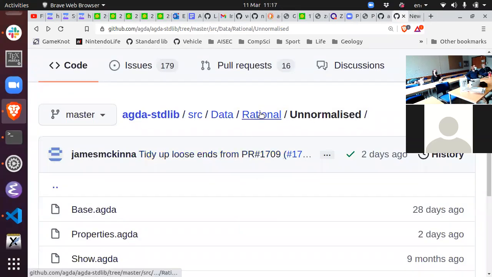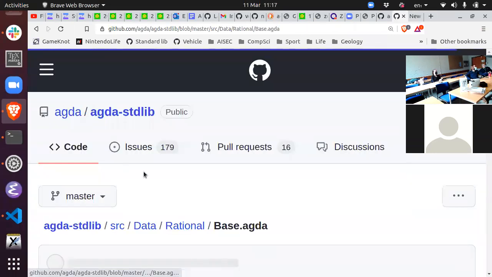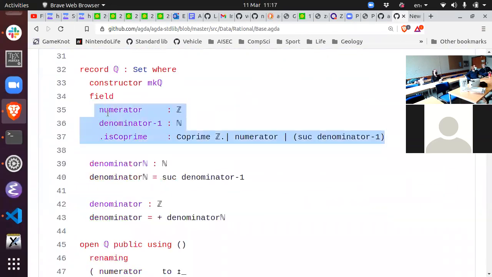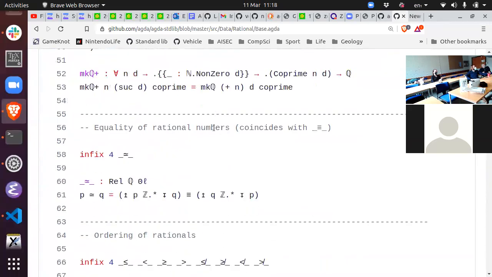Sorry. If we go to rational.base, so not the unnormalized versions, the constructor for normal rationals actually has the same fields, numerator and denominator minus 1, but it also contains a proof that they're co-prime. So whenever you are constructing a rational number, you have to construct it in its lowest form. At which point, if you scroll down here, we do still have this alternative definition of equality, just in case. But it actually coincides. So you can prove that whenever two things are propositionally equal, then they fulfill this relation,